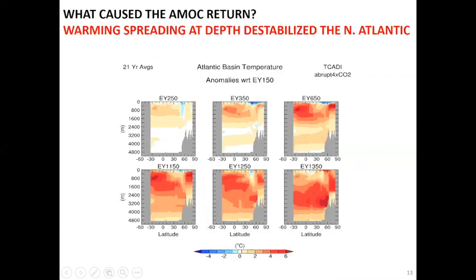What caused the whole thing to return, actually? And the answer is that while the circulation was reduced, the rest of the world was not sleeping. It continued to warm because 4 times CO2 is a lot of potential greenhouse gas forcing. And the warming, as time went on, this is all during the time the circulation was reduced, intensified at other latitudes and slowly spread downward and poleward until in the year 1350, the temperatures got very warm at depth in